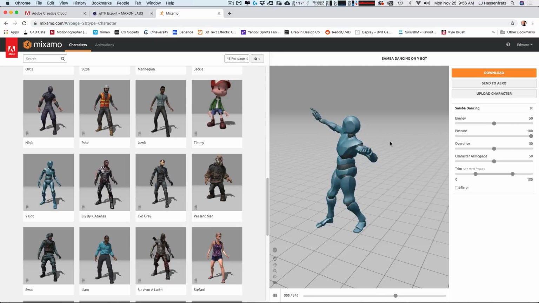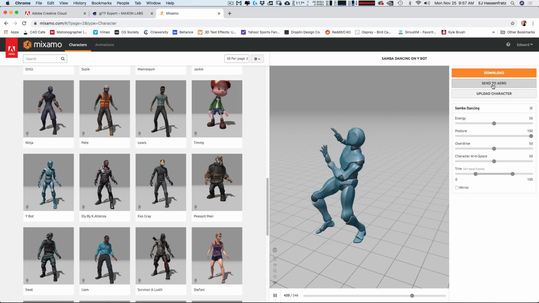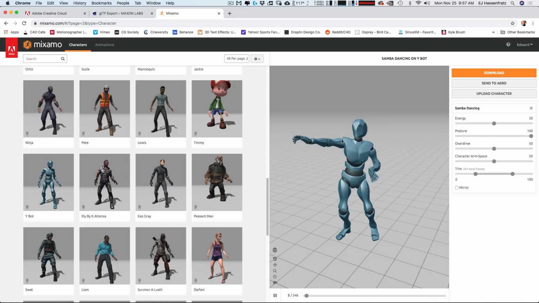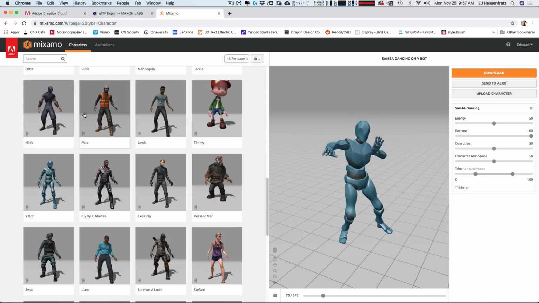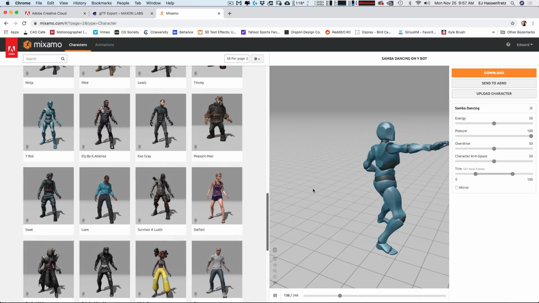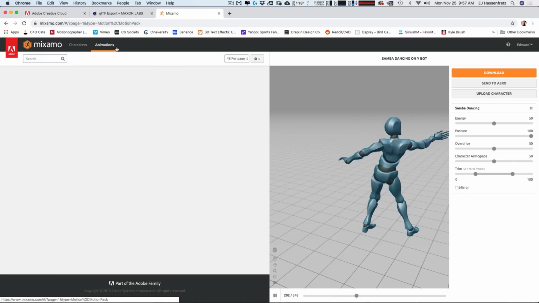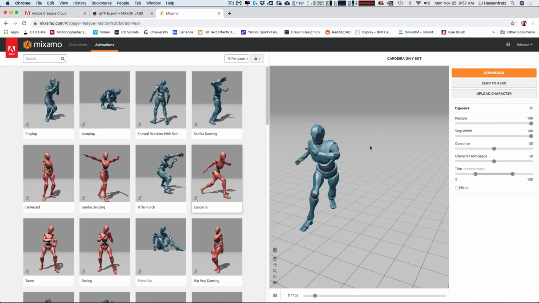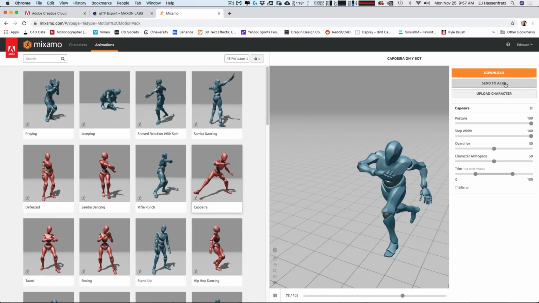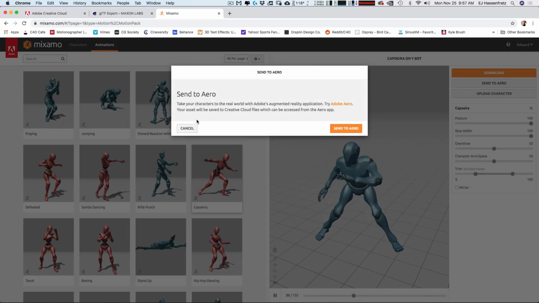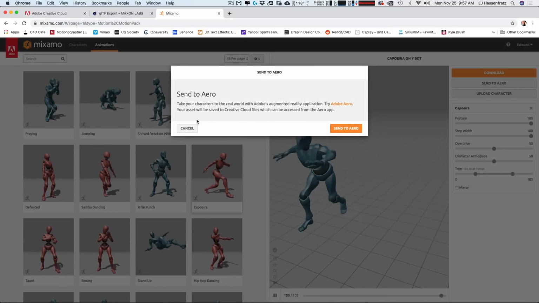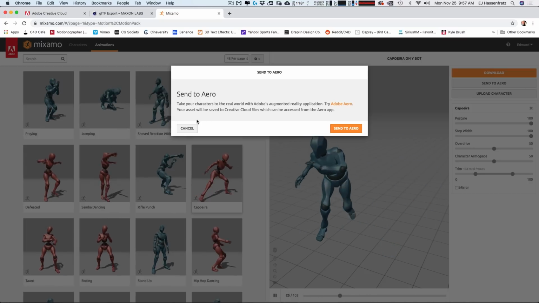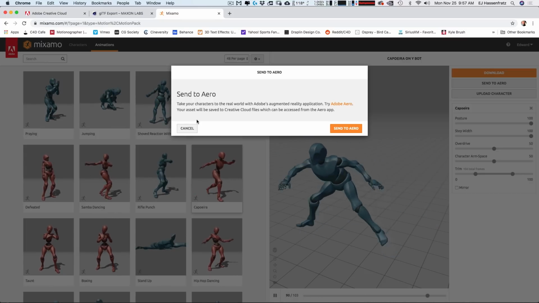If you want to do character stuff, there is a button that has been added to Mixamo's website that lets you directly send a character with animation applied to it, like any character from this characters menu here. You can upload your own character, then go to the animations and apply your own animations to your character and click this send to Aero button, and it'll save it to your Creative Cloud file library, where you can then directly bring that into Adobe Aero and place it anywhere in reality